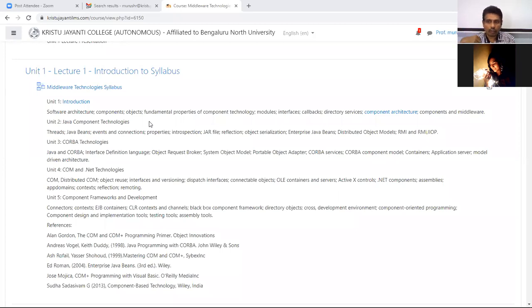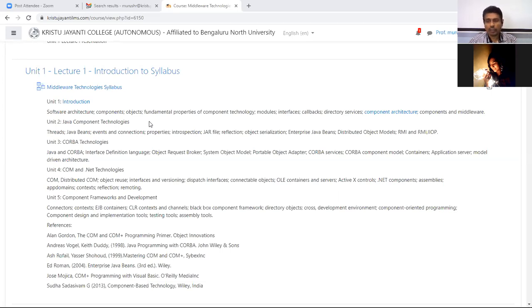Something like how we invoke a function locally, similarly we can get that remote method to your system and work on it. They made it in a more simplified manner. For that, there is a protocol that has been adopted, one of the key protocols, which is IIOP, Internet Inter-ORB Protocol, which has been created in the market. So we'll discuss that under RMI-IIOP. So this is all about unit number 2.